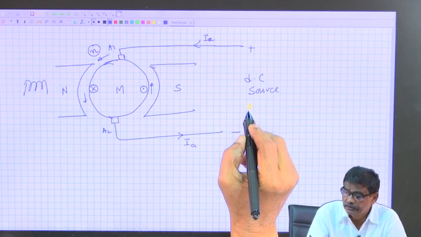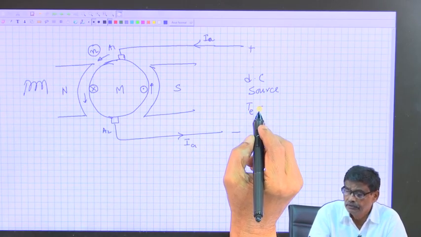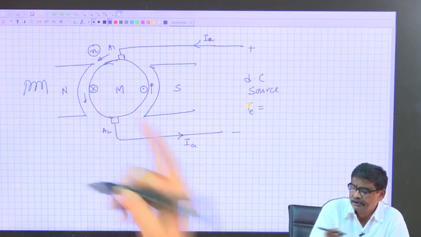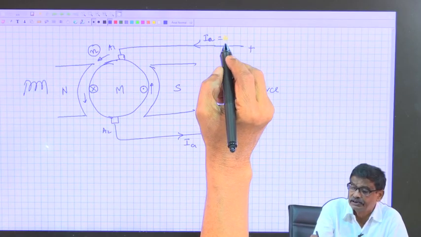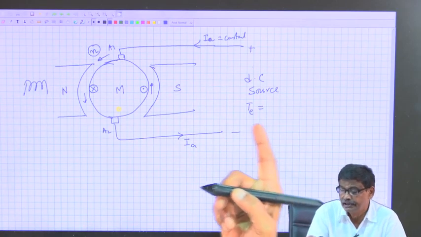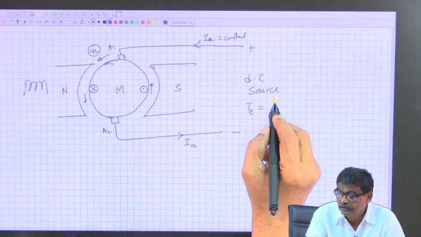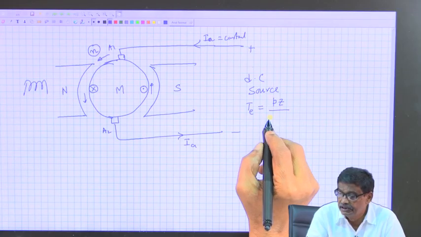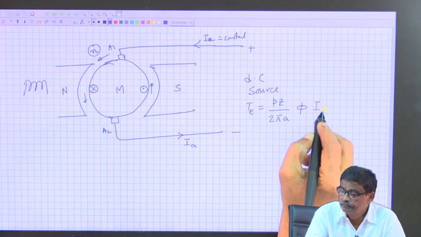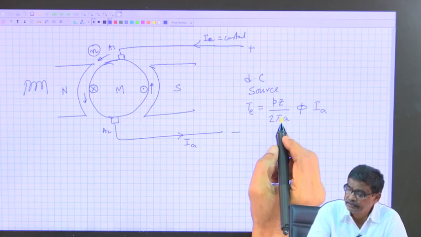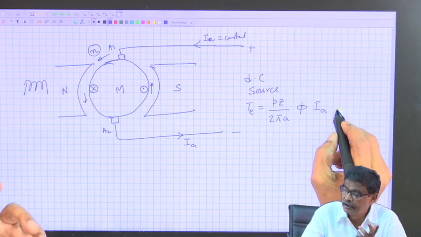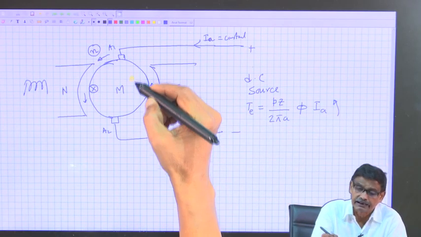How much is the electromagnetic torque? If it is steadily running at some RPS, the electromagnetic torque developed by the machine is P z by 2 pi a into phi into I a. This I a is the total current, a is the number of parallel paths. So, this is the electromagnetic torque and by applying this rule, it is acting in the